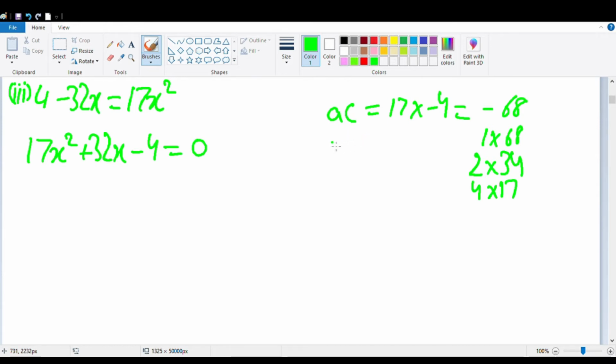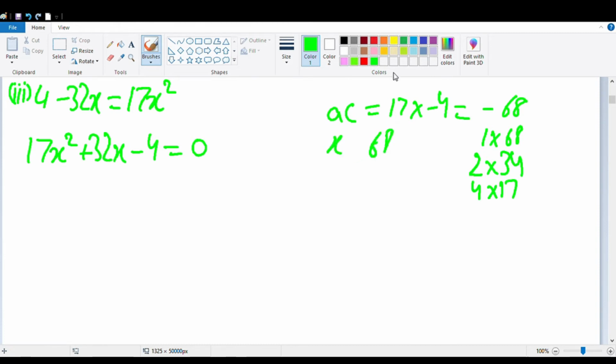First, we see that B is positive and the product is negative. So that means that one of the factors must be negative while the other has to be positive. And so now we find 6 scenarios, which are either